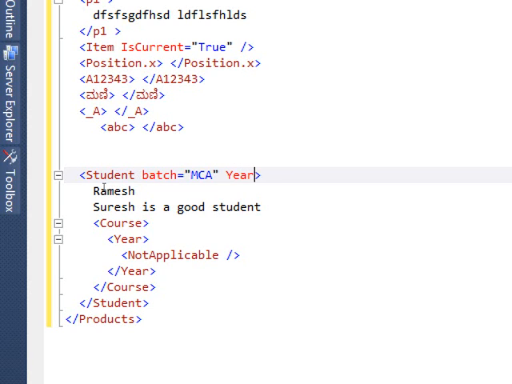Now I can say here equal to 1999, something like that. Okay, what is the difference between writing something without an attribute and with the attribute? Remember, attributes are there to describe some properties. When I have a collection of students, with the name and phone number or instant number, the usual question is: I also have one set of students. How can I say that my set of students is different from yours?